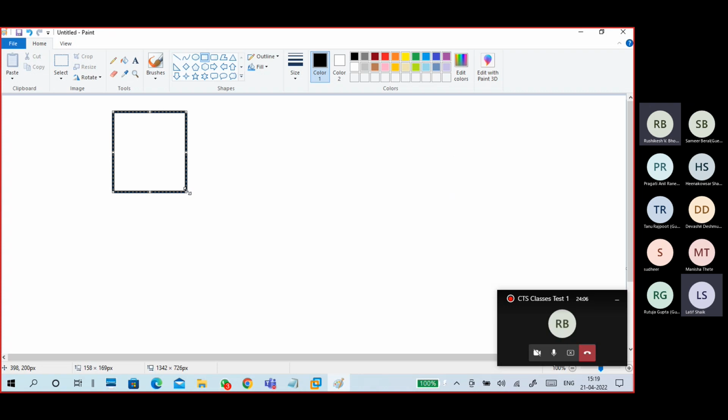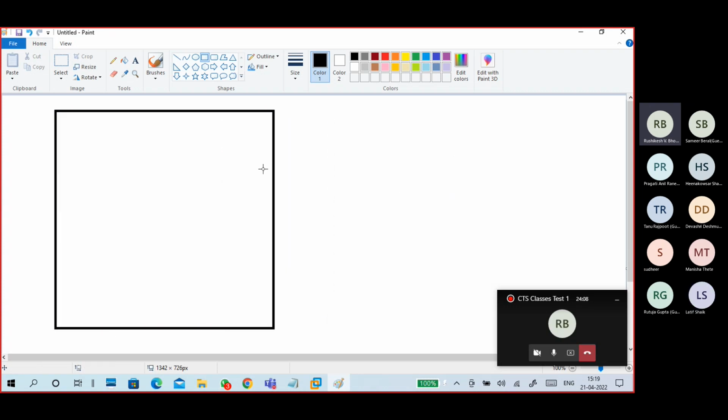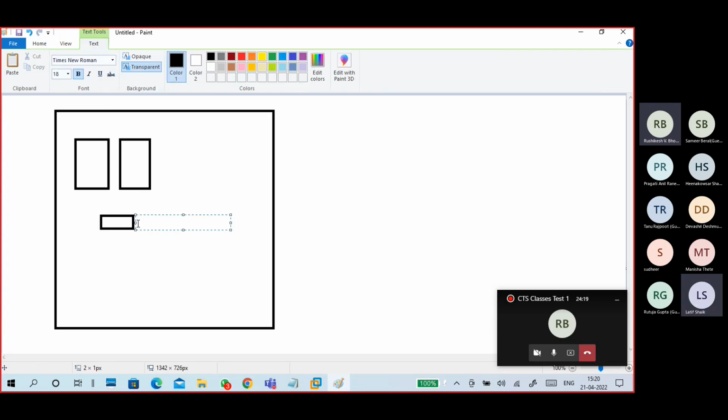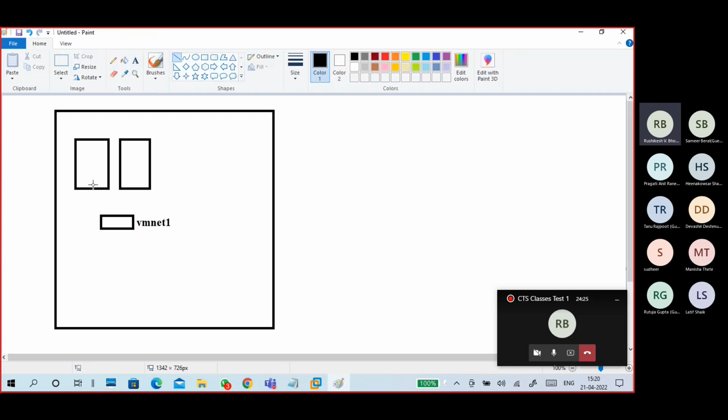Like this is the physical machine. This is my virtual machine. Okay, this is another virtual machine. Both are connected to VMNet1. So only host only type network. These machines are connected like this.